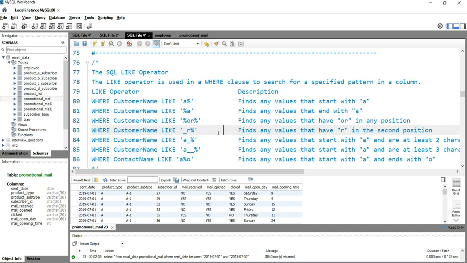For example, my name is Atul, and if I have to find all those rows where the name consists of A, then I will be using a percentage in the WHERE clause. When I have to search for a name where the name ends with A, then I will be using percentage and then the character, either A, B, C, D, whatever the name ends with, I'll be using percentage first.